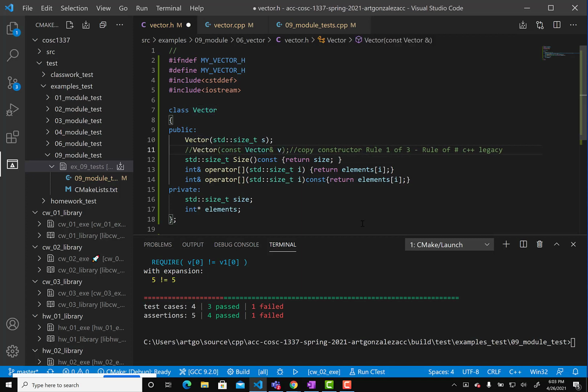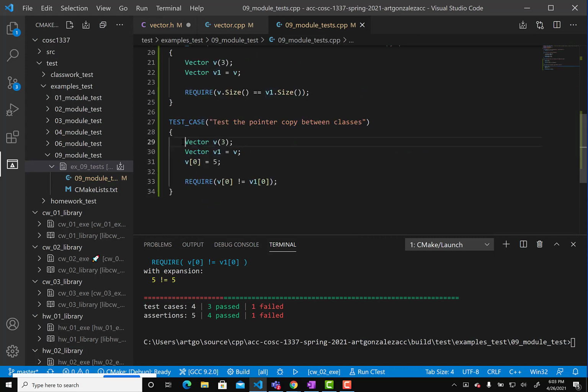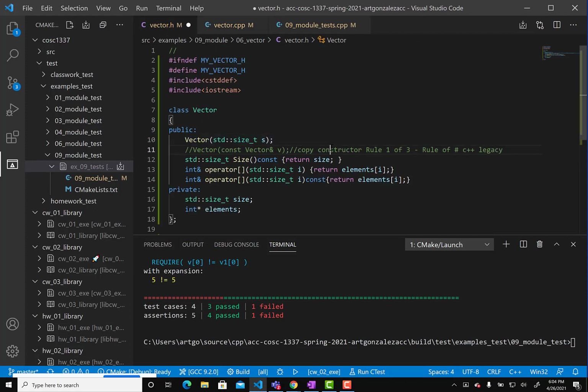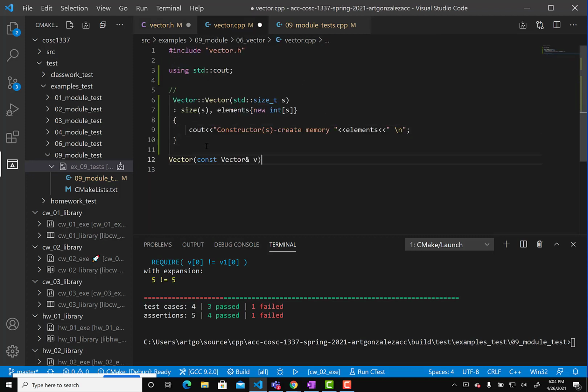If the copy constructor is not around, then C++ will use the default constructor and then we revert to member-wise copy to try to rectify or to make this work. Okay, this piece right here. Obviously, we just saw that with pointers it doesn't work, so we need to help C++ out. So that's what we are shooting for. So we go and let's implement the copy constructor. So we make it part of our class,